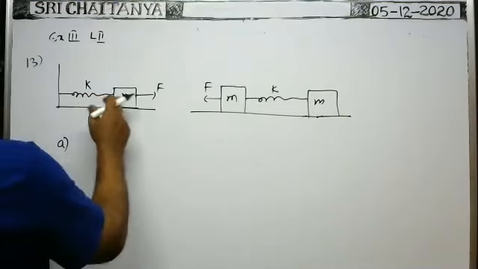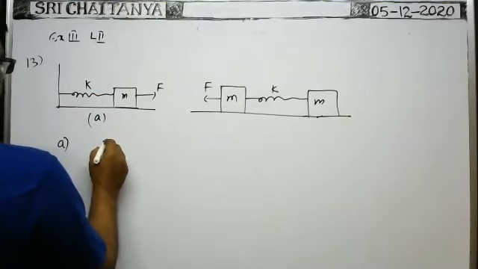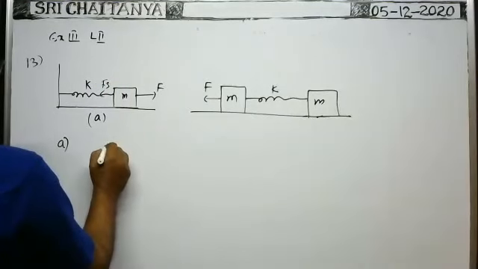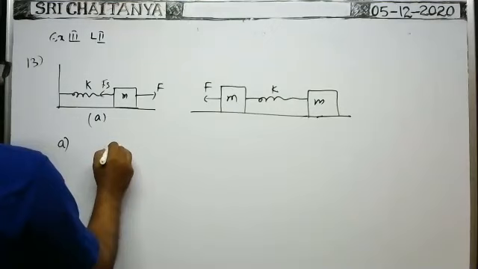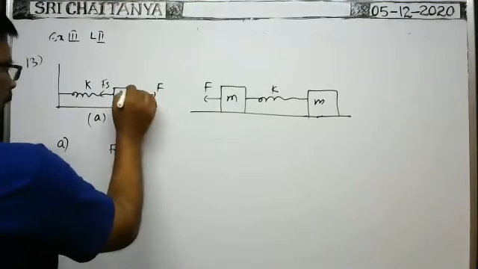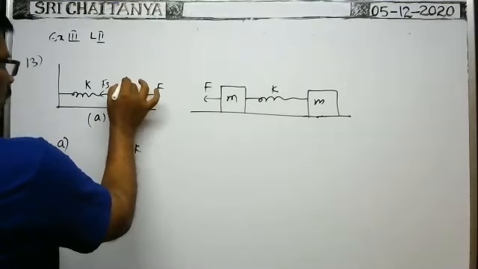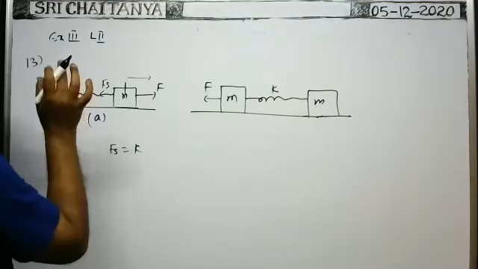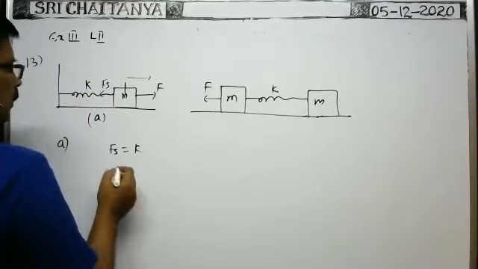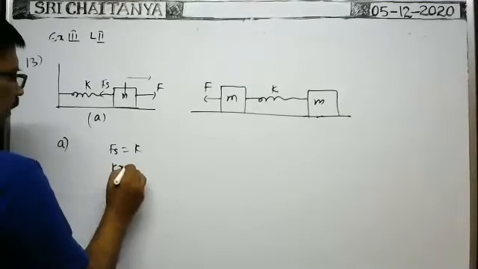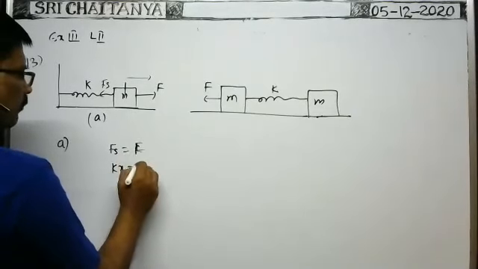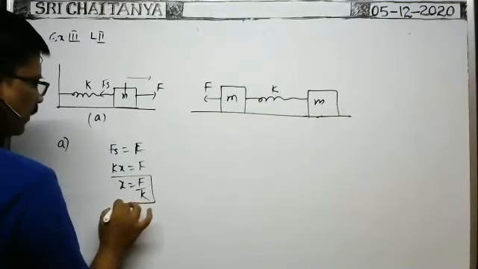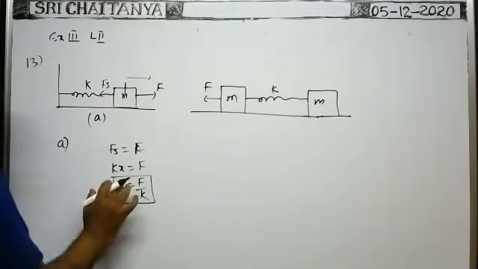Okay, while oscillating here, the spring force is on this side and the applied force is on this side. Therefore, when the spring force Fs is equal to the applied force, the body is in equilibrium. From equilibrium it goes x to this side and x to the other side. Whatever the equilibrium extension is, it oscillates with that same amplitude. So Fs is equal to Kx. Kx is equal to F, so x is equal to F by K. That means the maximum extension in this spring is equal to F by K.